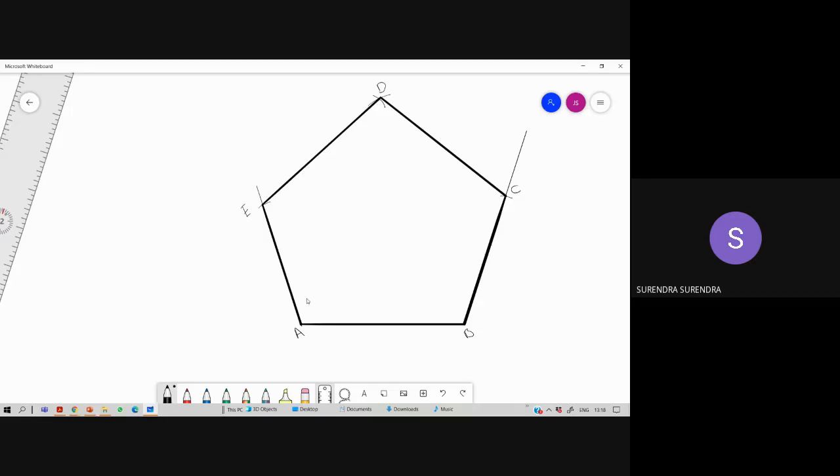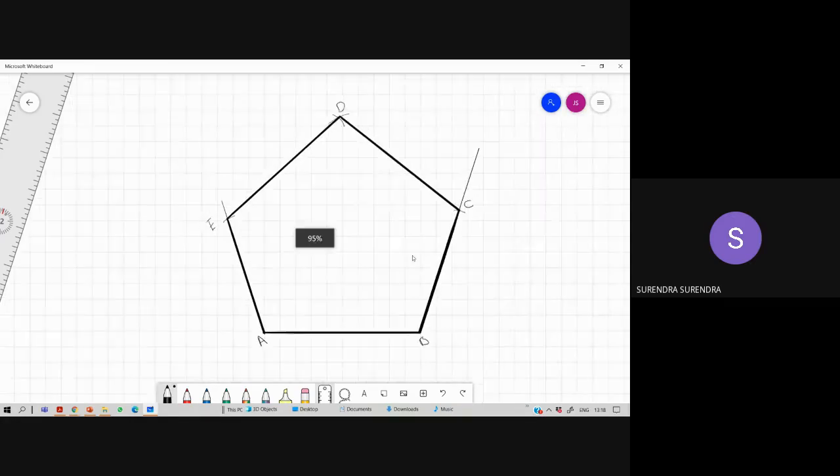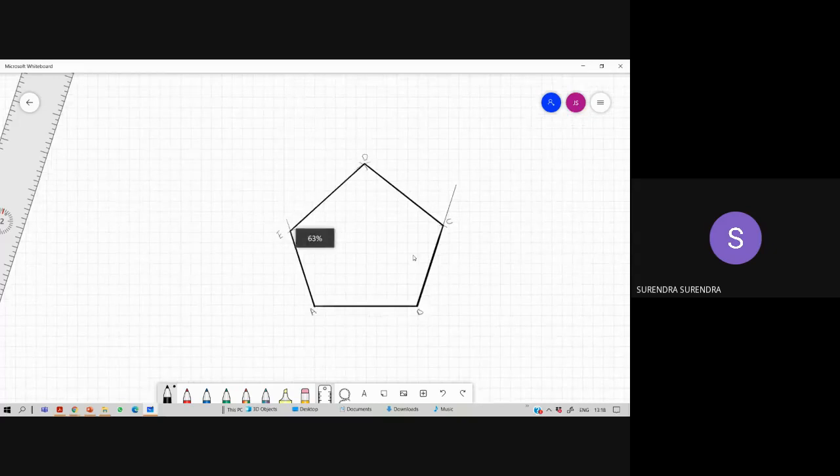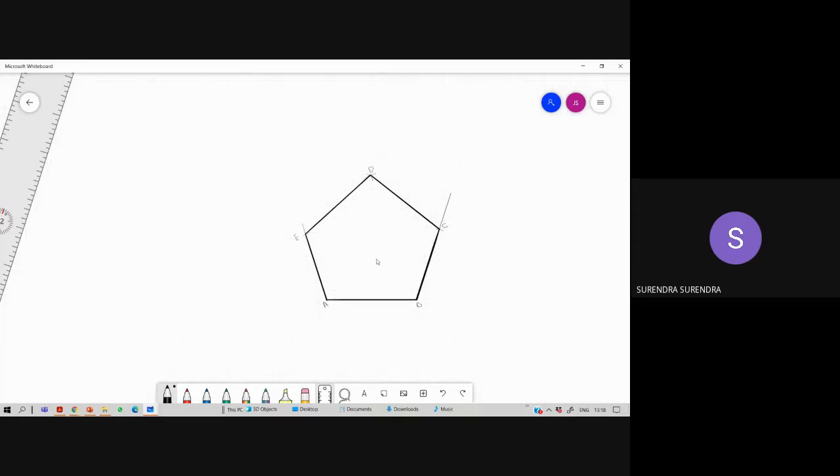This is called the included angle method. The included angle for a pentagon is 108 degrees, so the angle between two adjacent sides is 108 degrees. But why are we not using a protractor? Because if you use a protractor, you may get slight errors. So we avoid the protractor and use the compass for maintaining all sides of equal length. It is the easiest method compared to what we discussed in the 4-6 method.